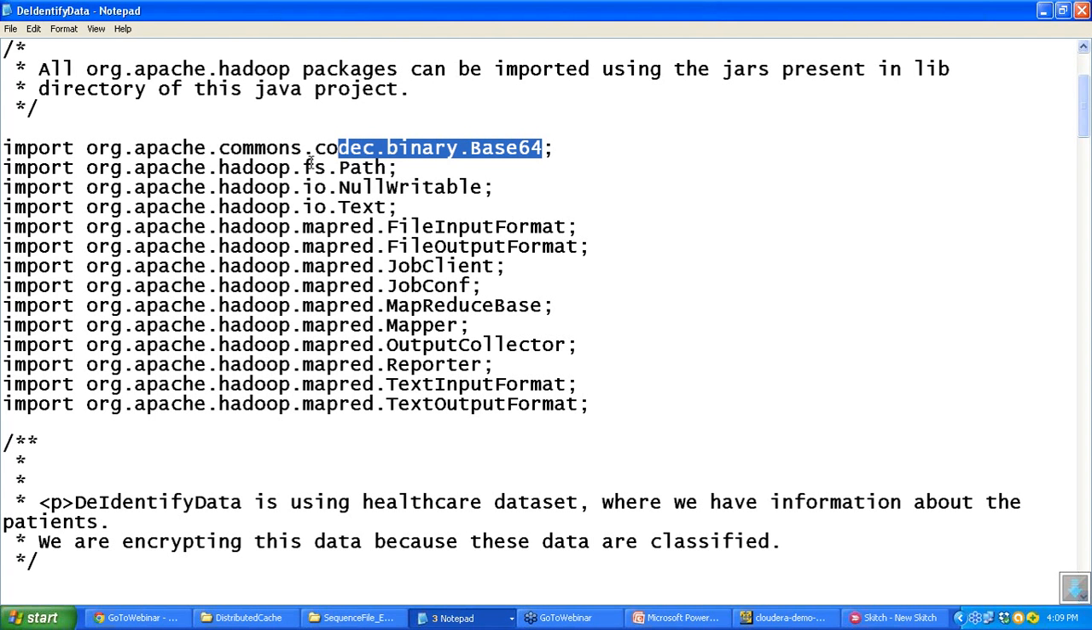This is a big project actually, an important project, and it can be extended at any level. It can be made into a very big project, a real-time project which is happening in various healthcare systems also. So we are making use of the base 64 algorithm,